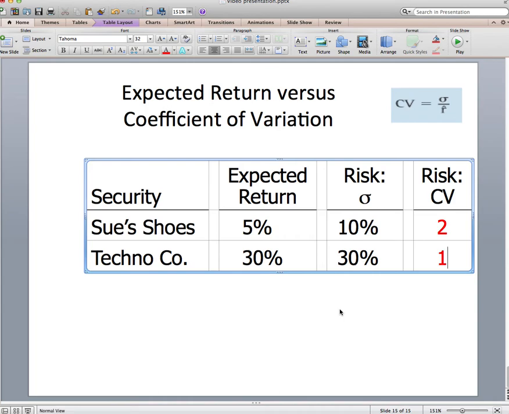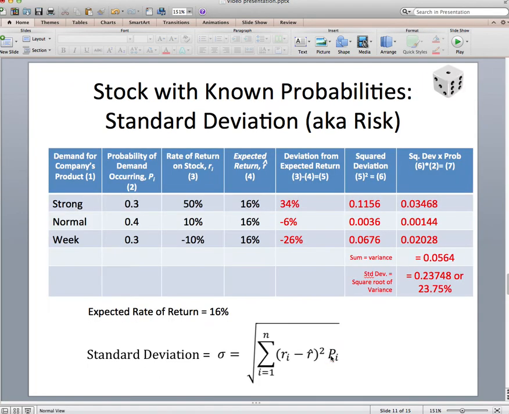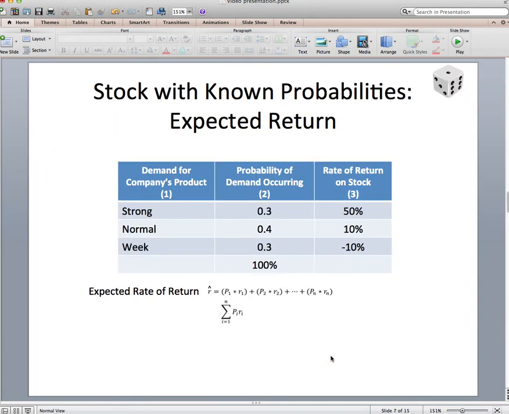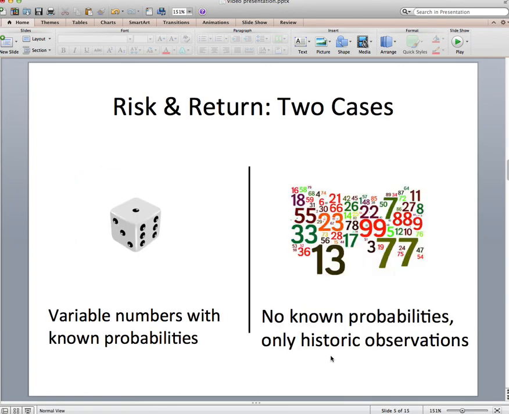So in this little lesson, we learned about return and risk, standard deviation, under two different types of scenarios. One where we have known probabilities, and one where we don't have known probabilities, only observations. So we saw how to calculate risk, standard deviation, and return under both, and then we saw how to calculate